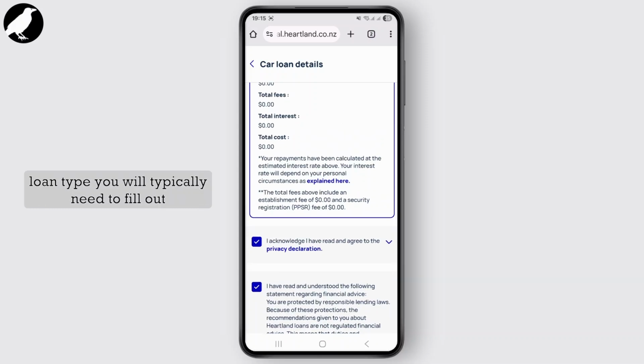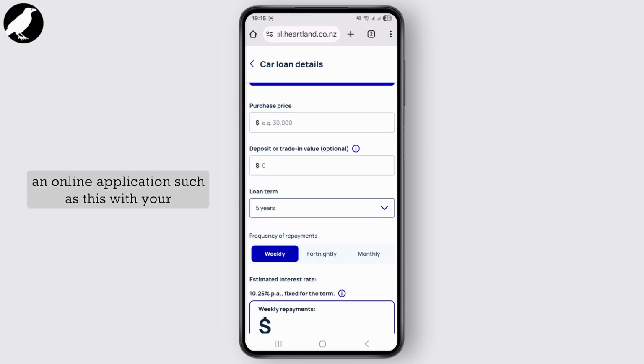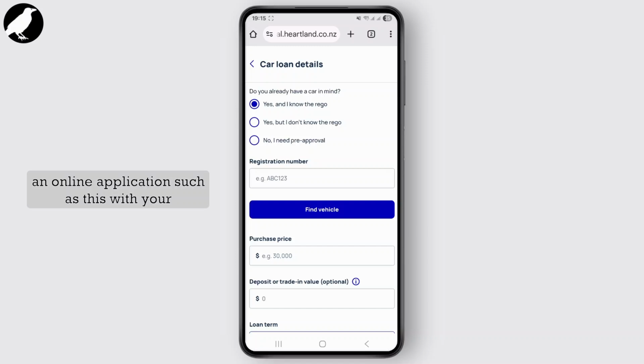After choosing the loan type, you will typically need to fill out an online application such as this with your personal and financial information, including the details about the loan amount and purchase. So